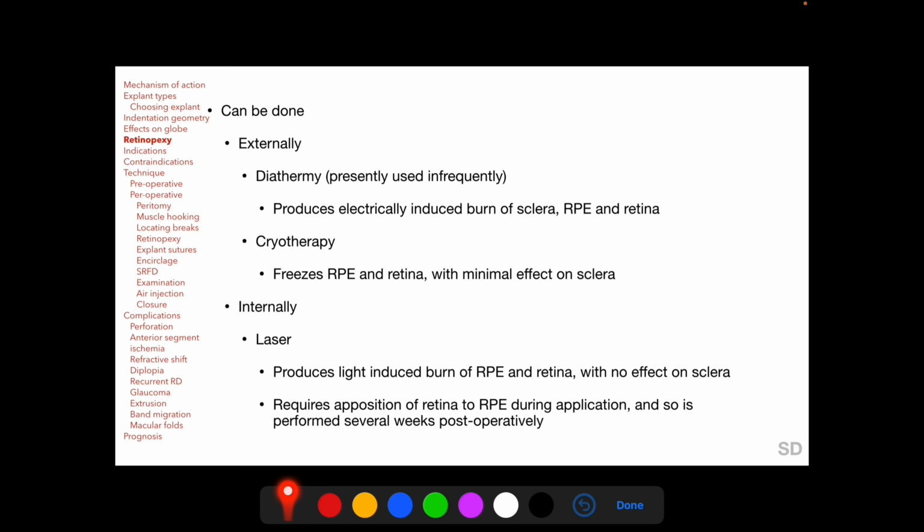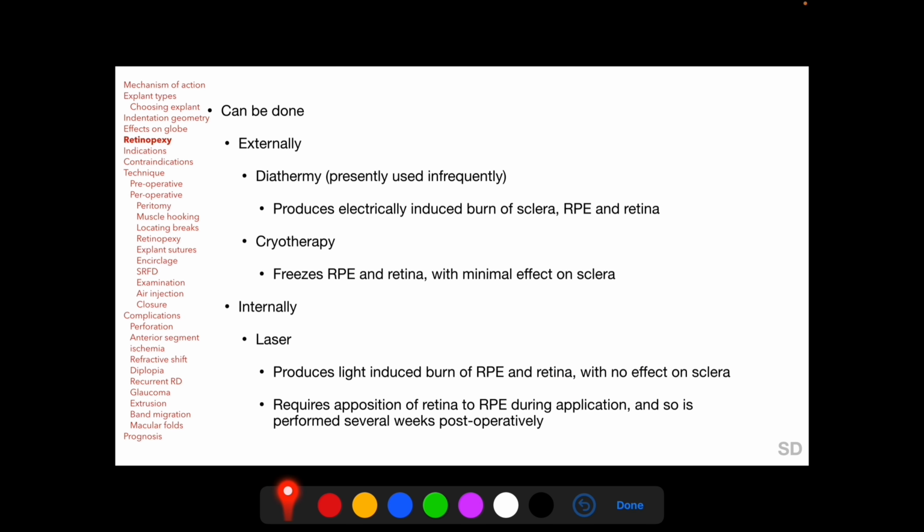over time. Retinopexy can be done externally either with diathermy, which is presently used very infrequently as it induces burning of the sclera in addition to that of retinal pigment epithelium and retina, or cryotherapy, which is the most common retinopexy technique used in eyes undergoing scleral buckling and which freezes the retinal pigment epithelium and retina with minimal effect on sclera. Retinopexy can also be done internally with laser, which produces burning of the retinal pigment epithelium and retina